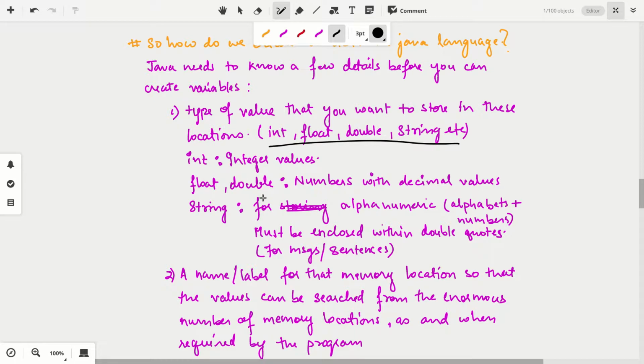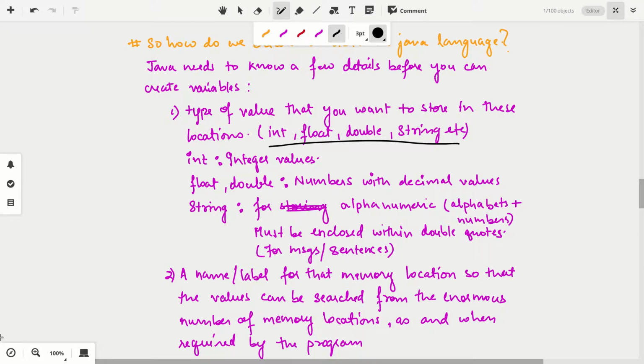Then you have float and double. There are 2 different types of values specified separately, but both of them somehow work the same way. I'll tell you the difference between them, but not now. Both of them are used to store numbers with decimal points.